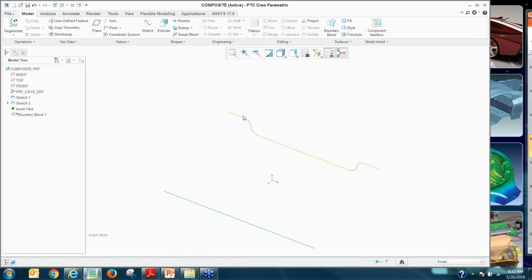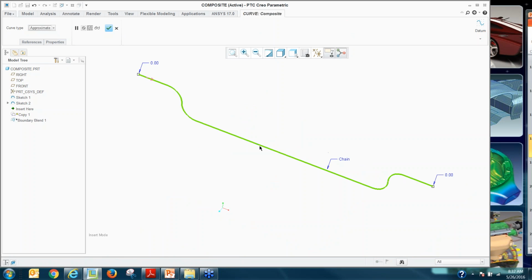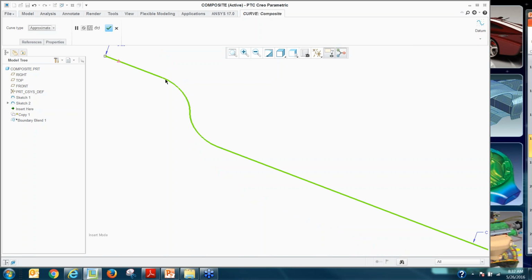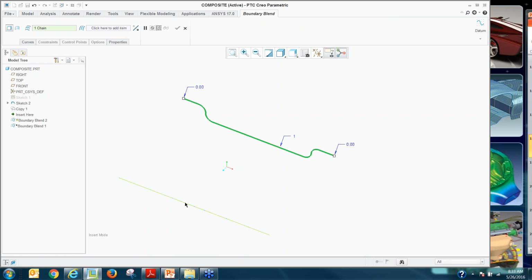Now, to avoid this, what you could do is simply copy paste that. So I'm selecting it, doing a Control-C, Control-V, right? And I'm going to convert it to an approximate curve. When I say approximate, I know this is where, as engineers, we think about, oh, is it changing the radius, or what is it really doing? At those connection points, it's increasing the degree, remember we talked about degrees, right, as to how these are controlled using polynomials. It's really converting that from a tangency, from a C1 continuity, to a curvature continuous surface, or I should say curve. Now I probably want to hide this guy, so I'm not going to select that. So now when I do my boundary blend between this and this,